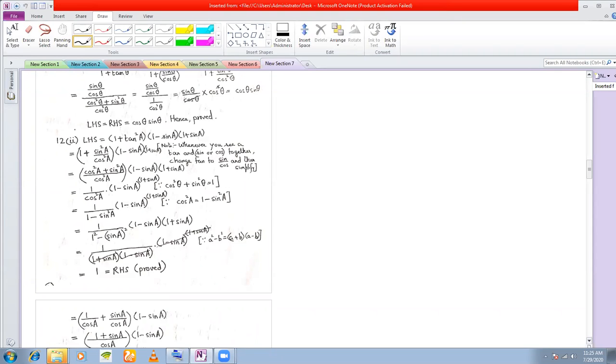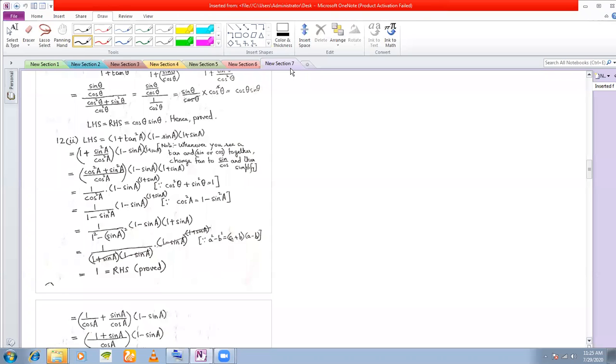If you see an expression in sec and tan, you know that sec square theta is equal to 1 plus tan square theta. So you either change sec to tan or tan to sec. That is the fundamental idea that you need to know. Most of the questions, 90% of the questions, can be done if you change tan to sine by cos, if you change sine square to cos square, if you change cosec to cot. It depends on the problem.